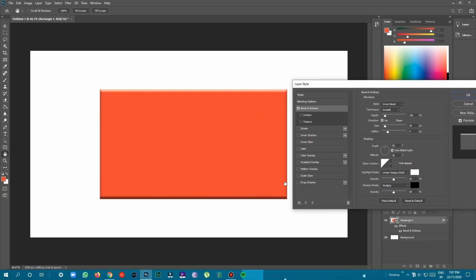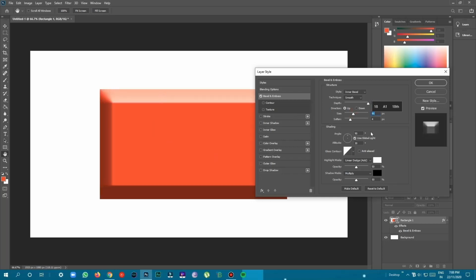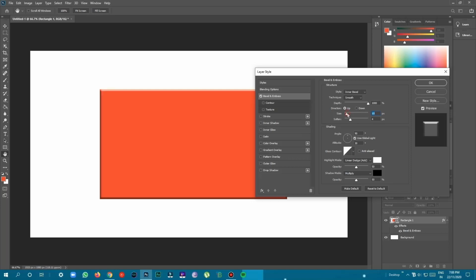As you can see, the tips are blunt and it looks like a 3D shape. You can change it to inner bevel and outer bevel. You can increase the depth and the size of the bevel and emboss, and you can change the direction to up or down.